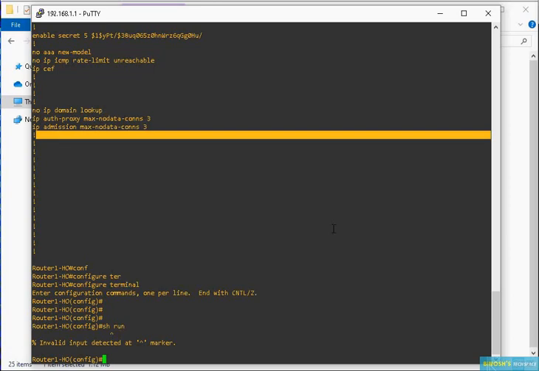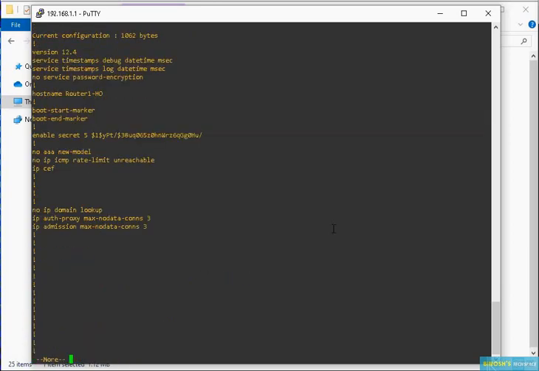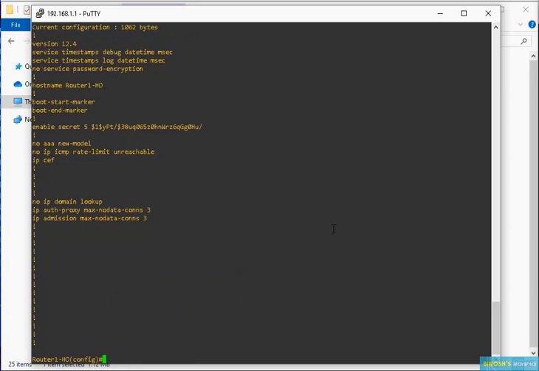So what you can do is use do show run. At the beginning of the command you can use the keyword do, and then it will let you run the earlier levels' commands from this mode.